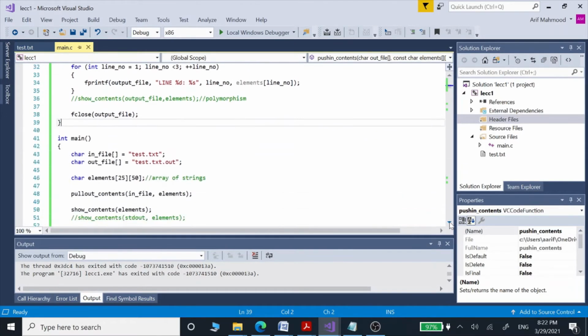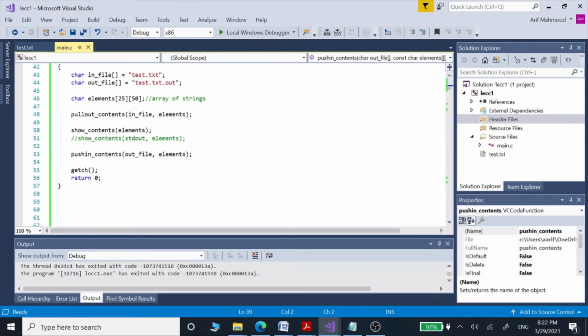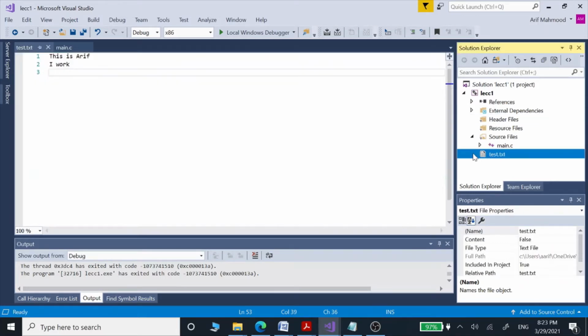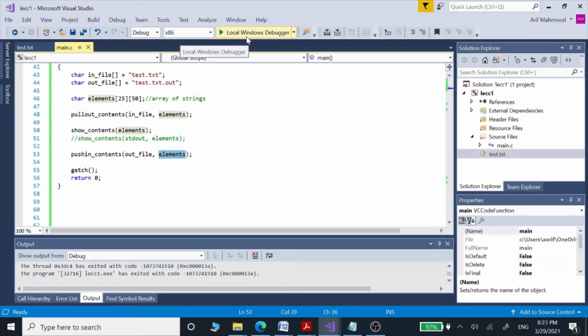This is a very simple program, and this is the way we give the arguments. The first argument is the input file, then the second argument is the string array; the show function only has one argument, and the push function has two arguments again, one is the output file and one is that array. So now let's see its input file. This is the input file which we are going to give this program as our input, and this is the way this program is going to behave.